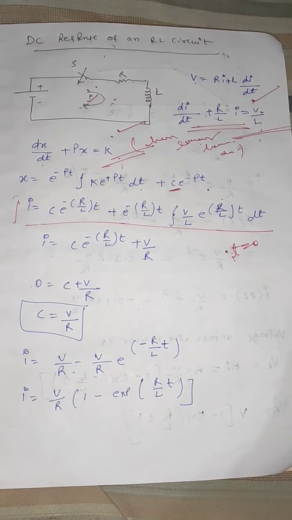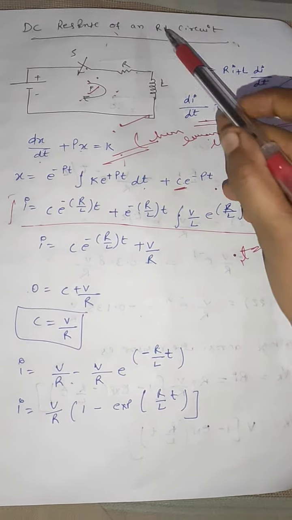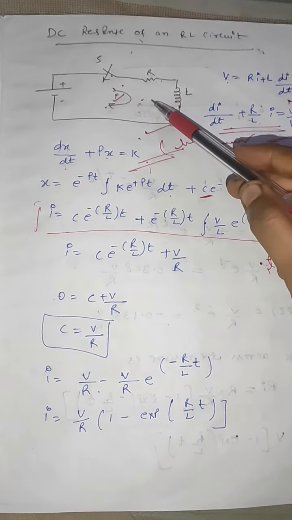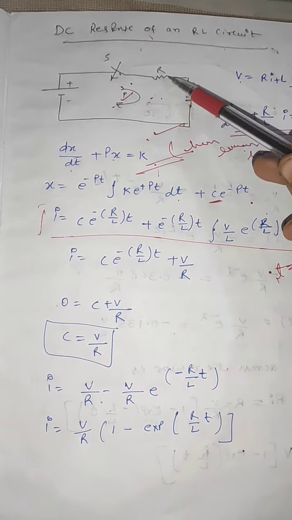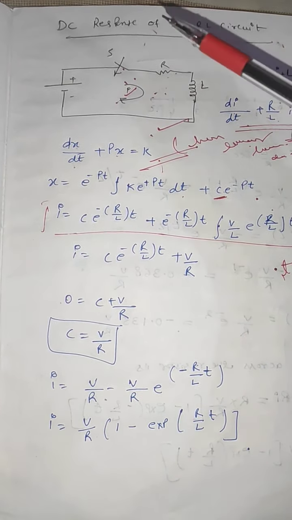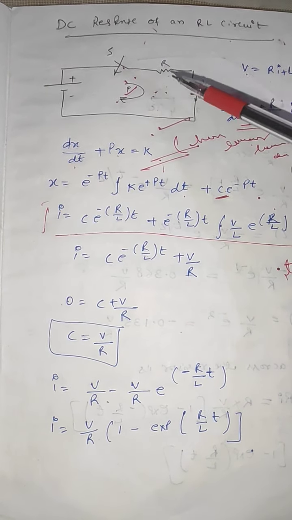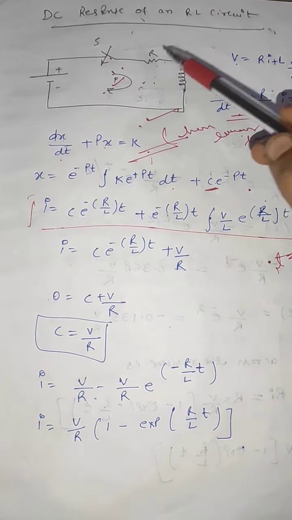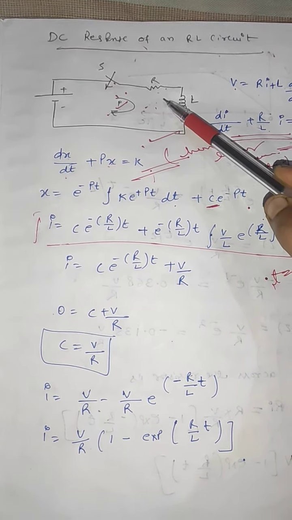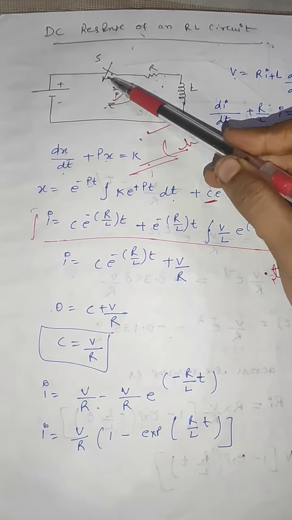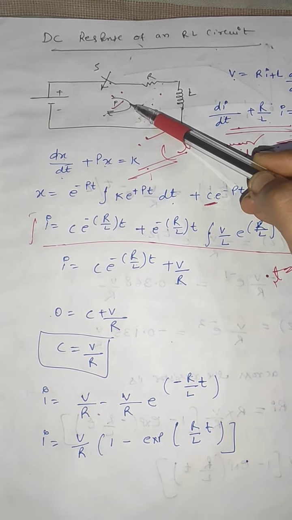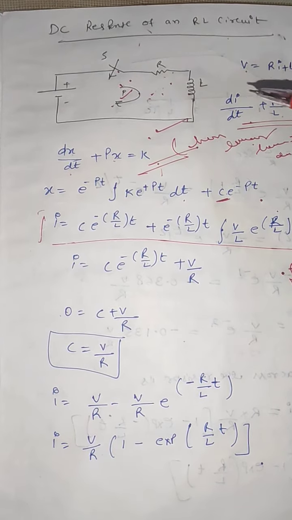So today we will discuss the DC response of an RL circuit. Consider this circuit, which consists of a resistance and an inductance. The inductor in the circuit is initially uncharged and in series with the resistor. Suppose that when the switch S is closed, then we can find the complete solution for the